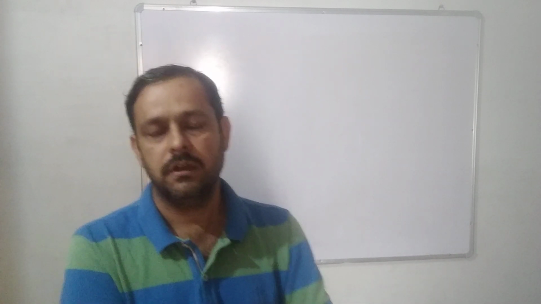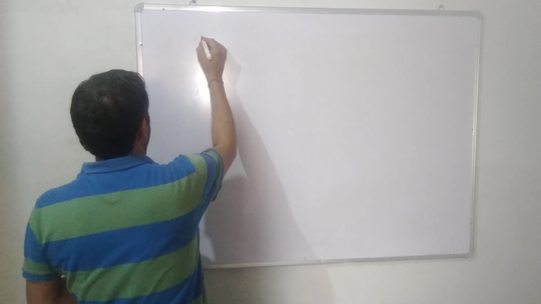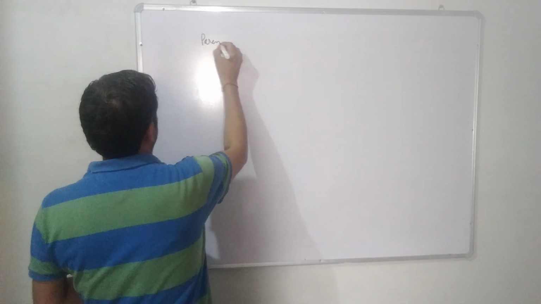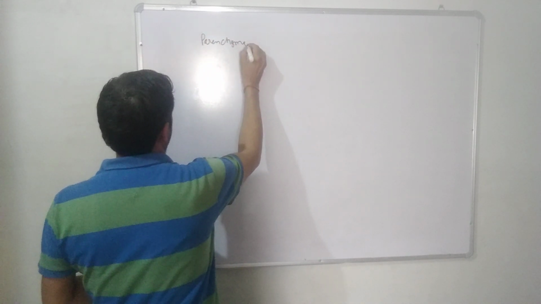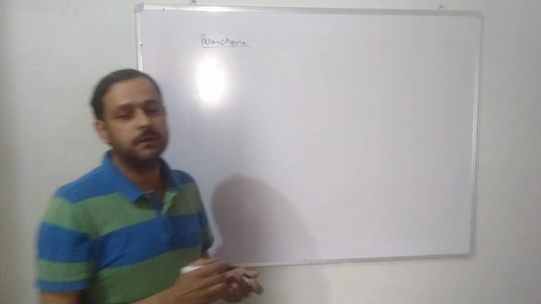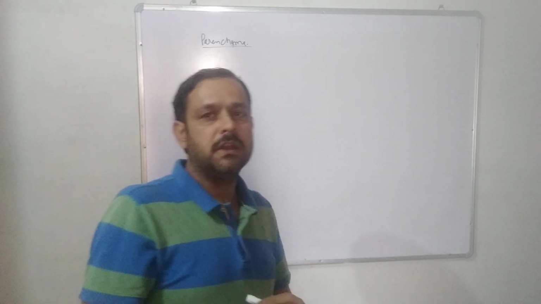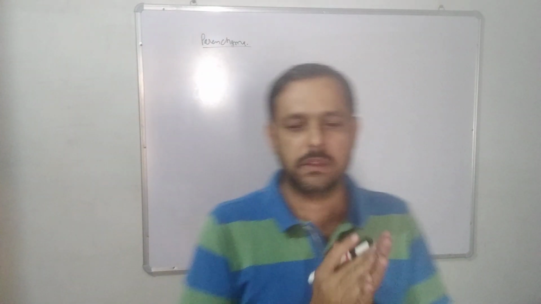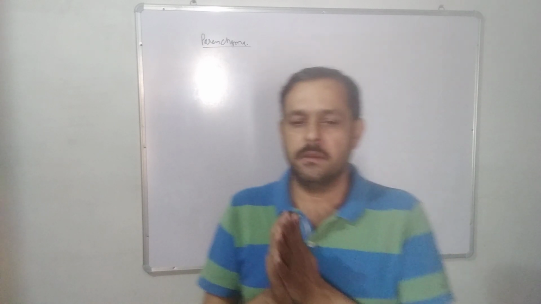Today we will study the speciality of these tissues. First of all, parenchyma. What is parenchyma, where is it situated, and which types of cells is it made of? Parenchyma are found in all the living cells, just like